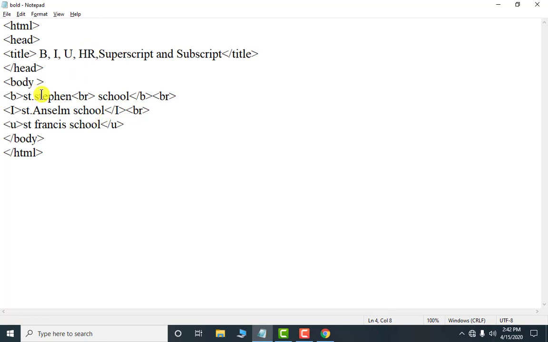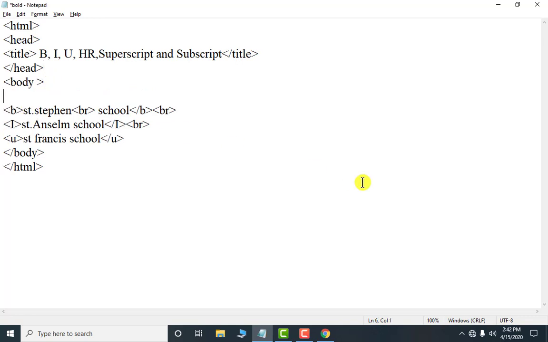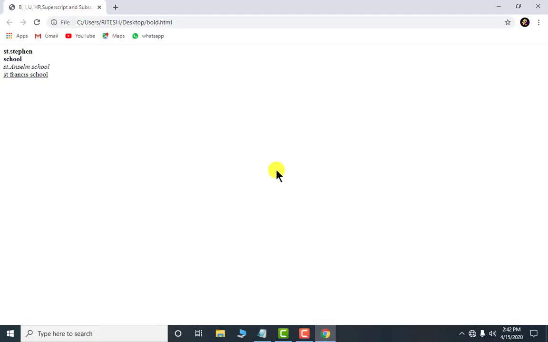If you want to insert one line, if you want to draw one line, how can you do it? I'm showing you. Just after body, press the enter key. Now here you have to write HR, bracket close. Okay, now save it. Again click on file, save, and move to this and press the F5 key. You will see some change here. Look properly. Look, this is the new line.